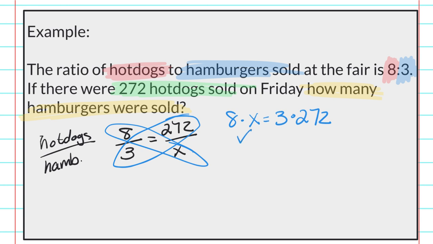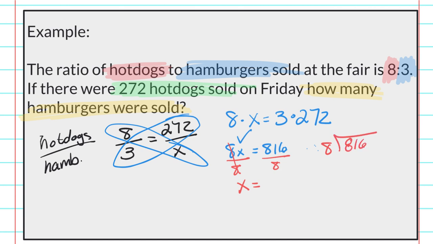Keep working on the math. 8 times x is 8x equals 3 times 272, which gives me 816. Now I want to solve for x. So if I'm solving for x, I want x by itself. I have 8 times x. The opposite of multiplying something is to divide, the inverse operation. Divide both sides by 8. That will cancel out, leaving me just x equals